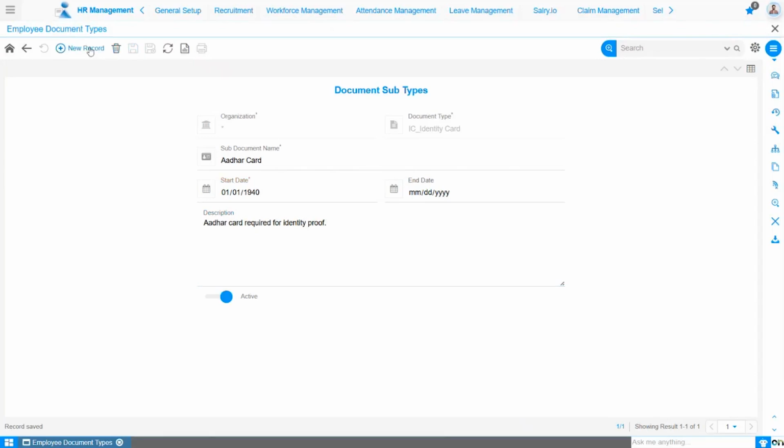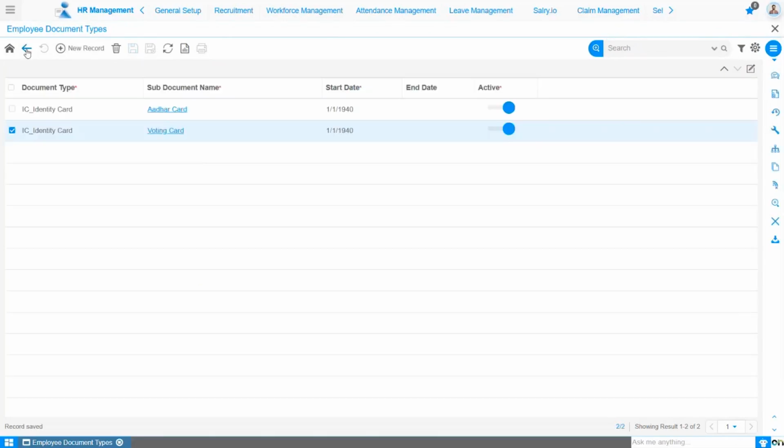To add the next subdocument, you can create a new record. The subdocument name can be a voter ID. Then you enter the start date. The end date is optional, but you can enter it if it is required. You can add relevant details to the description field. Click on Save. Return to the list view to see a summary of all subdocuments added under the identity card